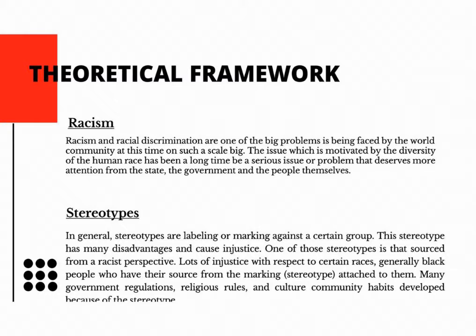Second, stereotypes. In general, stereotypes are labeling or making against a certain group. This stereotype has many disadvantages and causes injustice. One of these stereotypes is that sourced from a racist perspective. Lots of injustice with respect to certain race, generally black people, have their source from the stereotype attached to them. Many government regulations, religious rules, and cultural community habits develop because of the stereotype. Third,